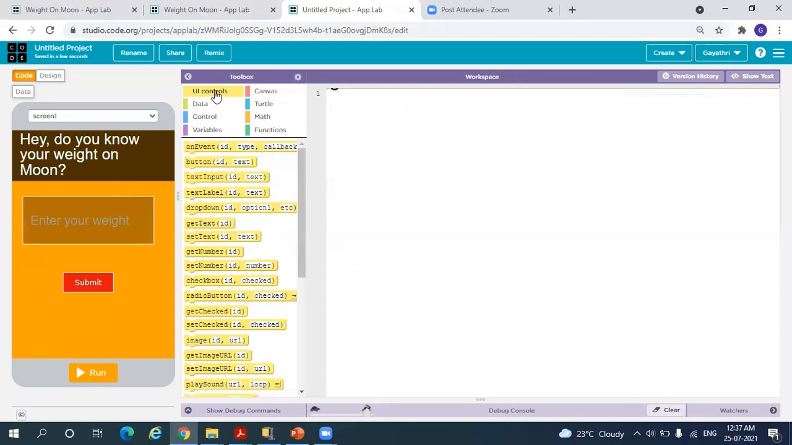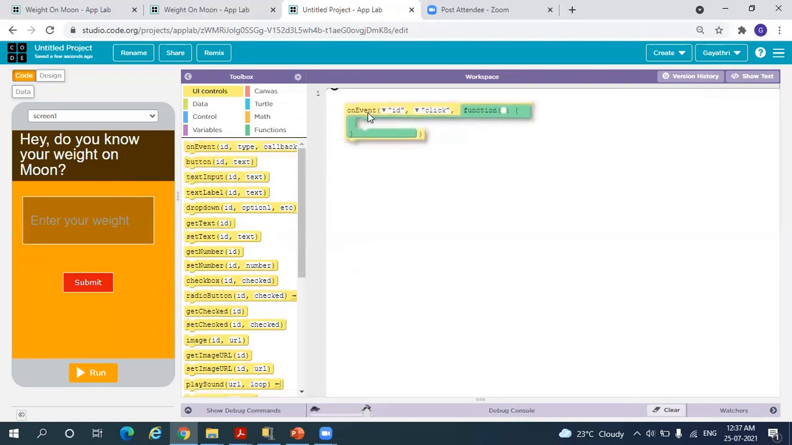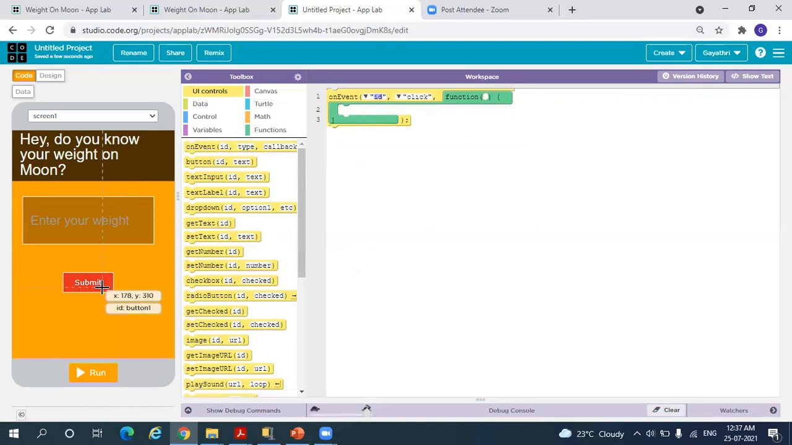From the UI controls, select on event, drag it and drop it here. See, this is the button, right? When you hover over the submit button, you can see the ID is button one. So on event, from this drop down, select button one. So when button one is clicked,